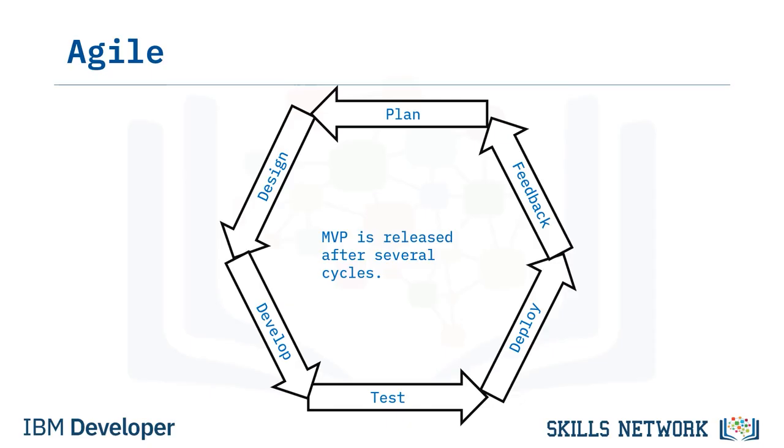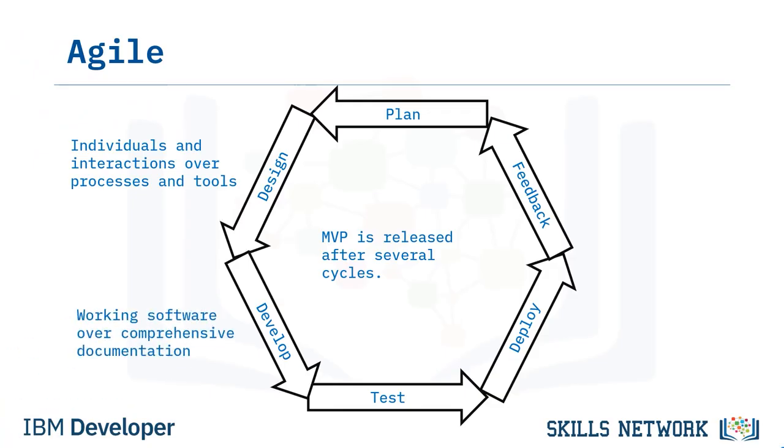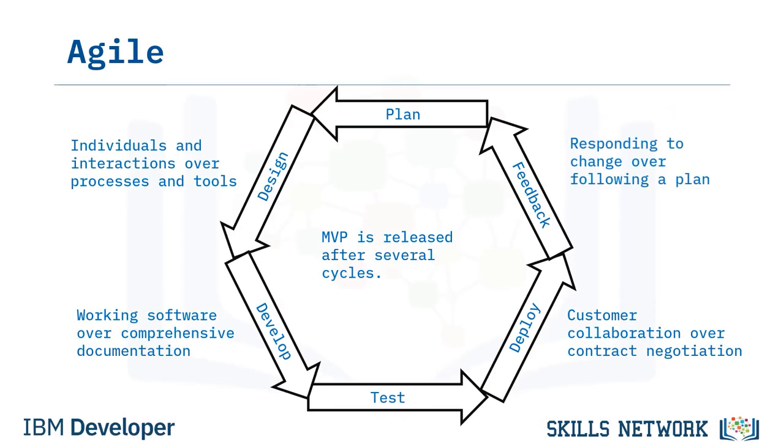The 4 core values of Agile development outlined in what is known as the Agile Manifesto are individuals and interactions over processes and tools, working software over comprehensive documentation, customer collaboration over contract negotiation, and responding to change over following